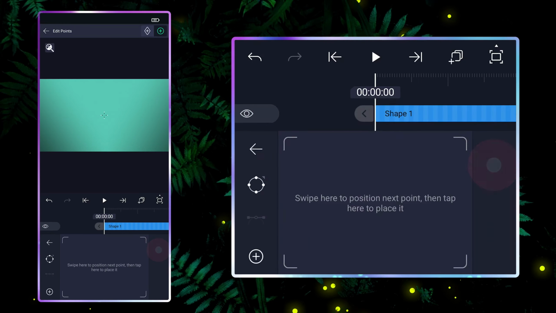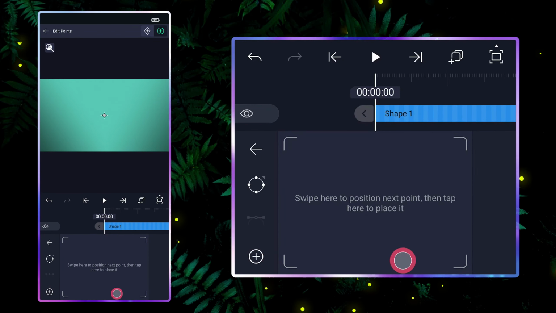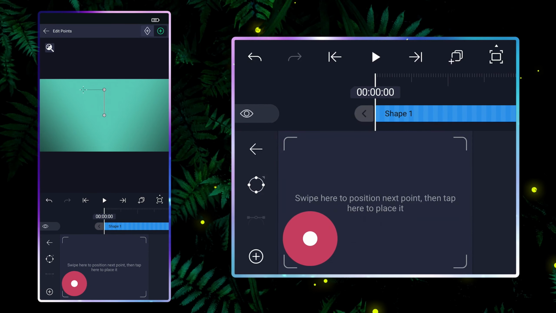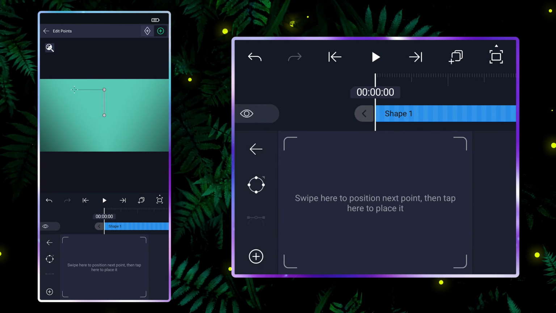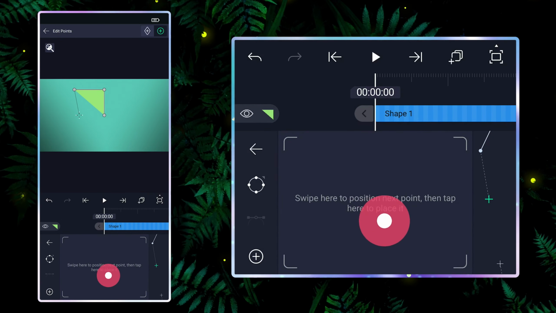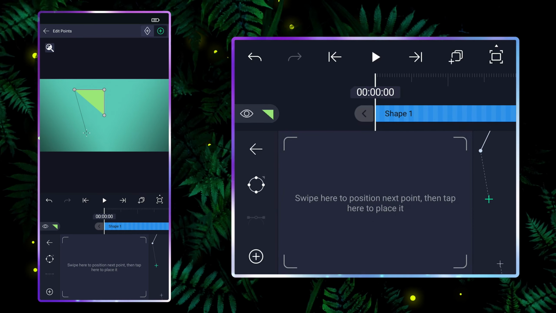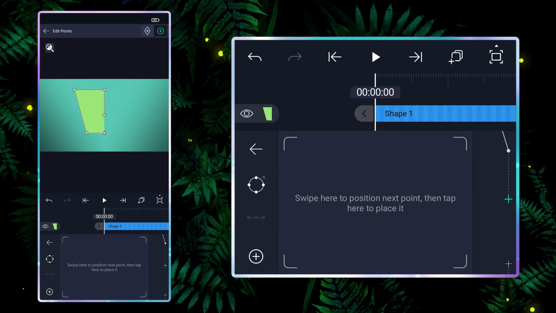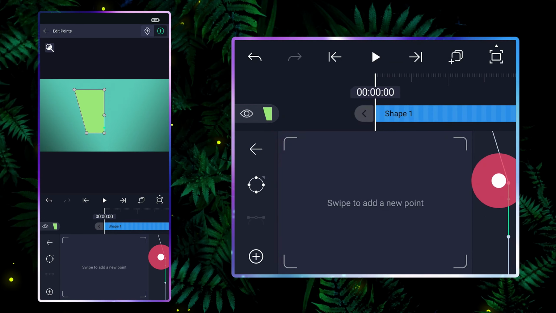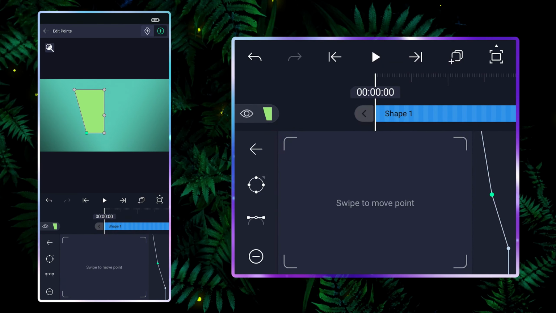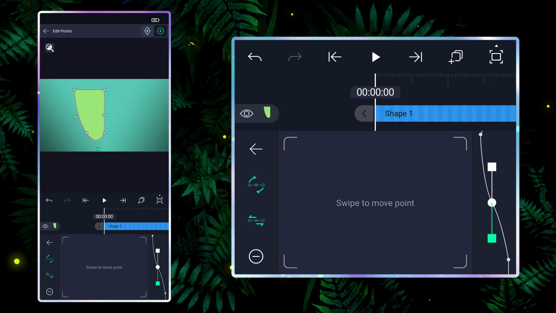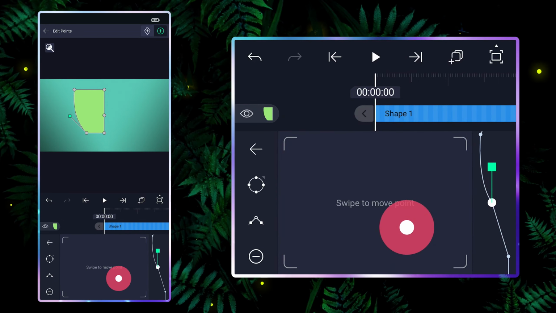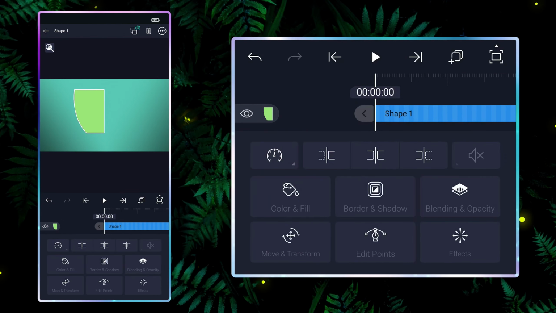Now draw half of a cup using the vector drawing tool. Swipe on the screen to change the cursor and tap the plus icon to create a point. Tap this icon to connect the first and last point. Select the outer bottom point and apply the curve. And delete the lower handle of curve tool. Make it white.